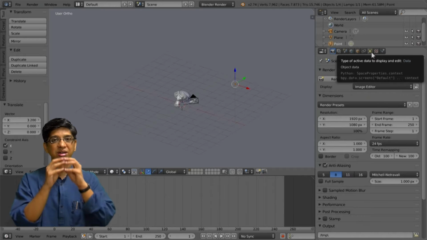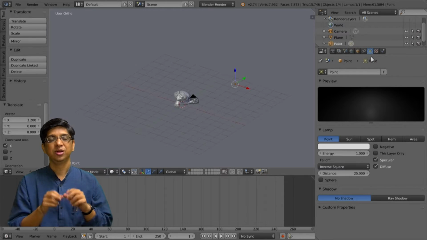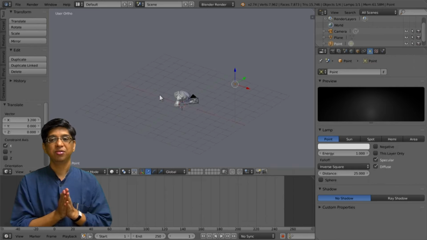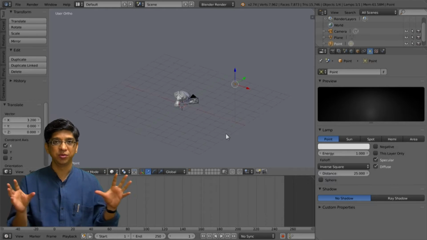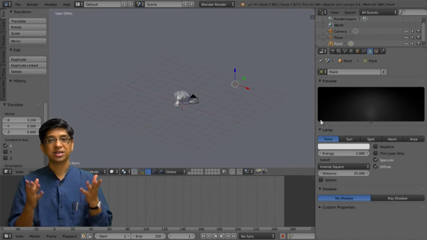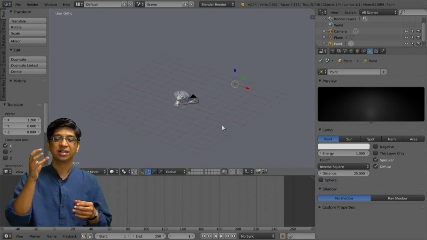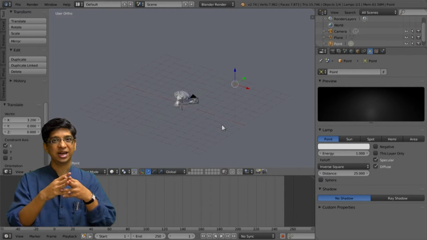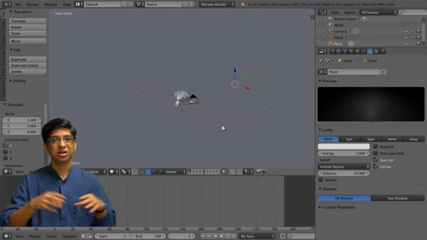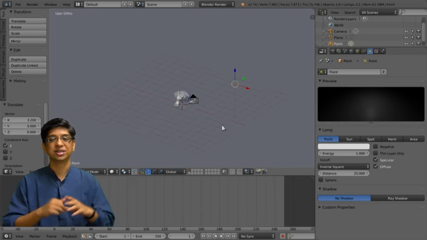When the lamp is selected, on the panel on the right you have a button showing a lamp illuminated with 4 corners, and if you click on that you will get the parameters of light. It tells you that this is a point light, and the next window is a preview window where it shows how this particular light is behaving. Like I told you, it is similar to that old time bulb. The preview window shows exactly that kind of illumination, like a bulb in a room where the light in the center is very strong and then diminishes towards the end.